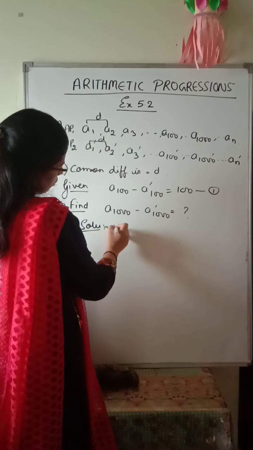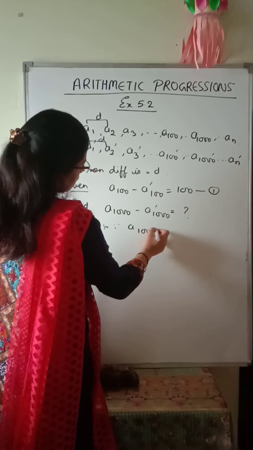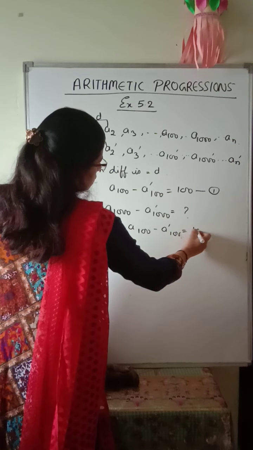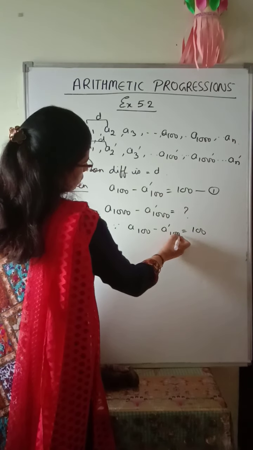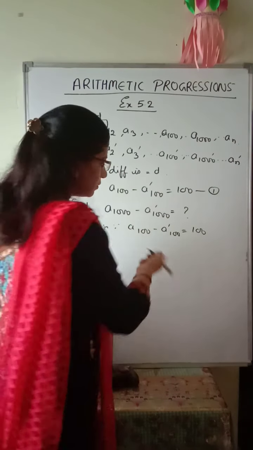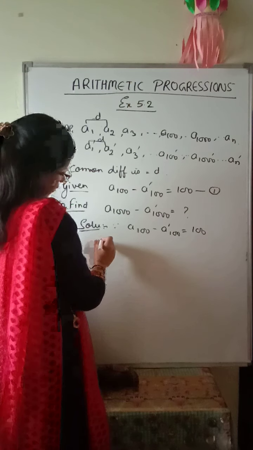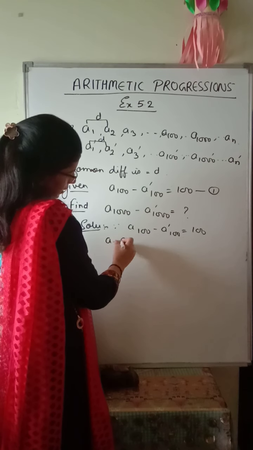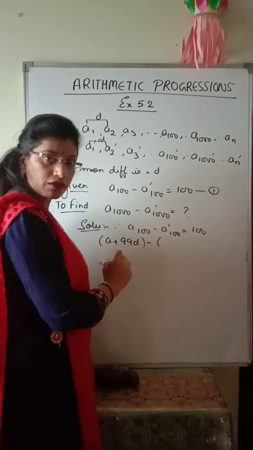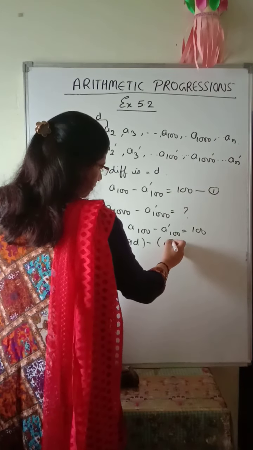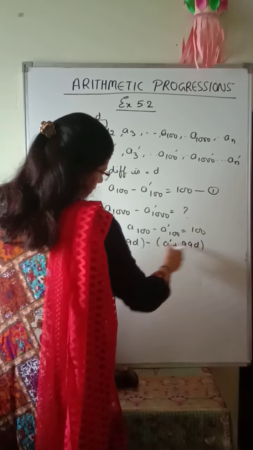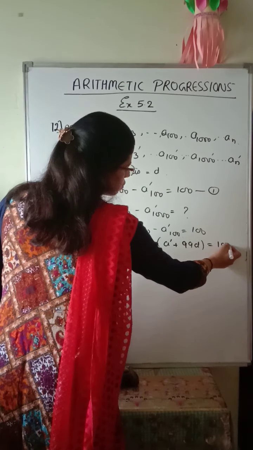Okay, because we are given a 100th term minus a dash 100th term, this 100th term is equals to 100. Okay, this we are given. So now substitute the value of this. So a nth term, nth term means 100th term. A nth term का formula से रखेंगे तो what is a plus n minus 1, 100 minus 1, 99 into d, keep in bracket, minus a dash plus n minus 1 into d, we will just substitute in this. A dash plus n minus 1, 99 into d, d will put same. Okay, equals to 100 because the common difference is same.